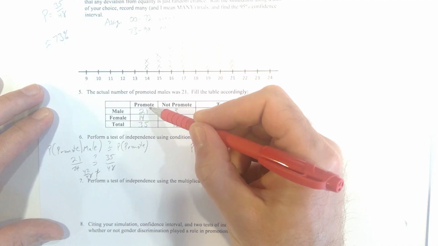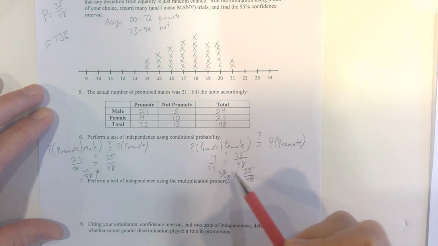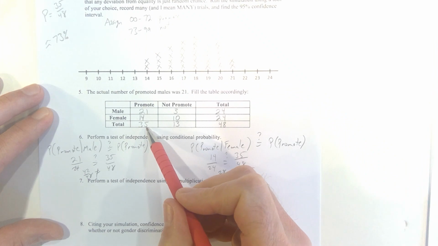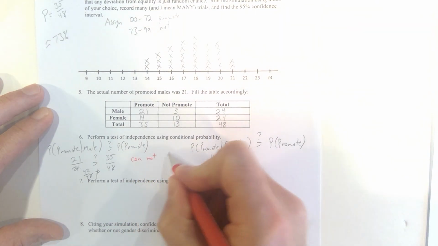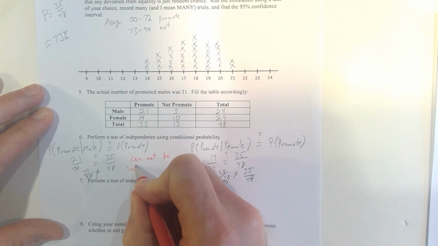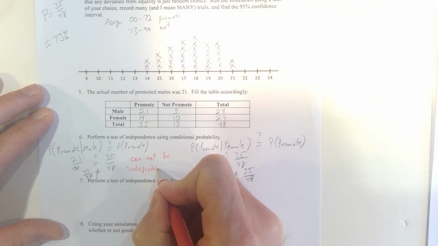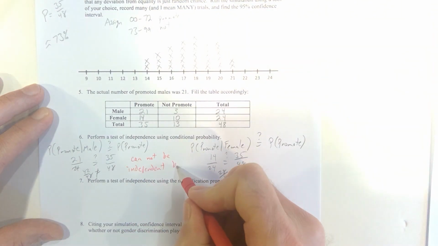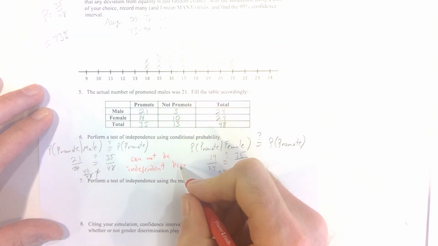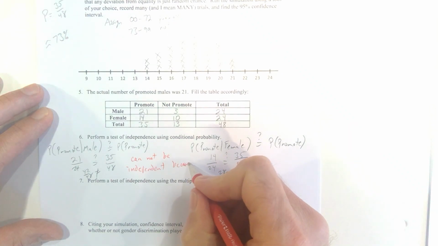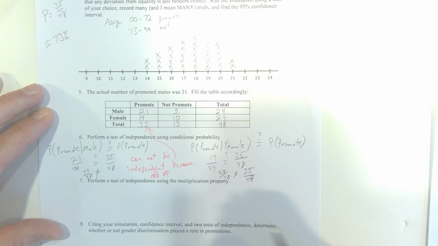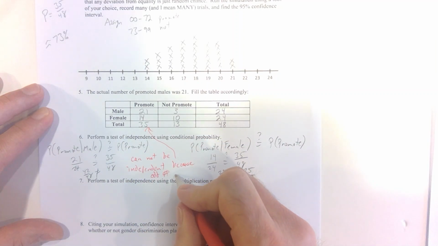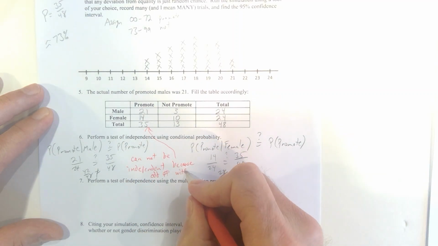breakdown, it's impossible for these to be exactly equal because this is an odd number, so it won't divide evenly by 2. So this calculation cannot be independent. Because we had an odd number here and we had 2 categories, so